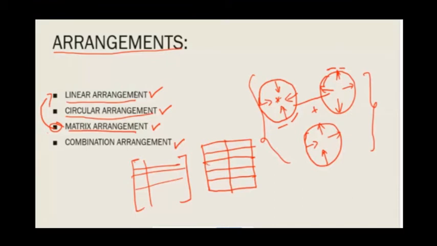Okay. Now, this combination arrangement. What is this combination arrangement? It could be an arrangement of linear and circular, where you have a linear arrangement and along with that you also have a circular arrangement. Or you may have a linear arrangement with which they can give you some blood relations, or they may give you blood relations along with a circular arrangement. We have varieties of problems on this. If you want to talk about the different kinds of problems, you can go on and on.